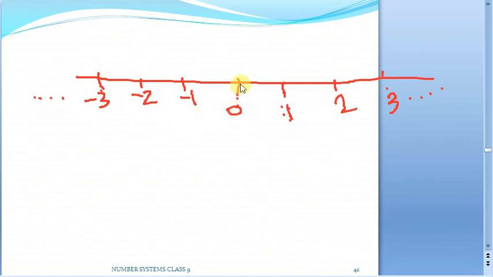So in the center, just see, we will be starting with 0, and if we move towards our right, here it will be 1, 2, 3 like this, and if you move towards this direction, it will be -1, -2, -3 and all. Now remember, when you move towards your right, the value keeps on increasing, and when you move towards your left, the value keeps on decreasing. So here, for example, if you take -2, it will be less than that of -1, whereas here 1 will be less than 2. So in the forward direction, the values keep on increasing, whereas in the reverse direction, the values keep on decreasing.